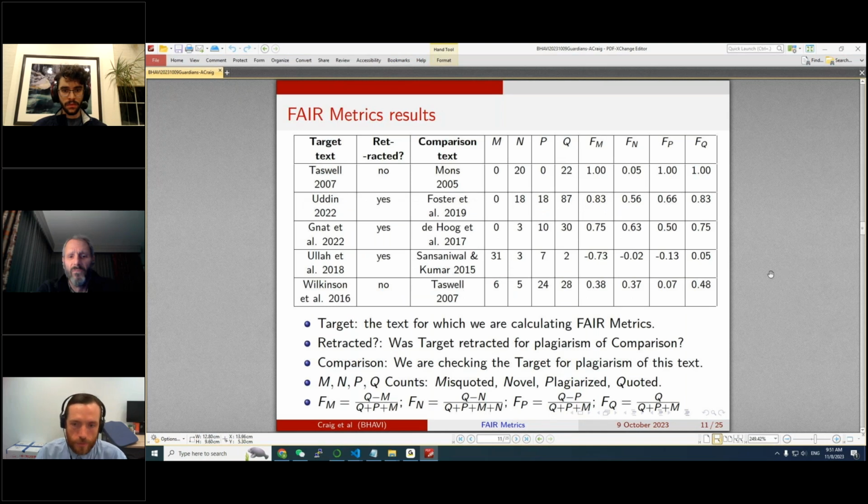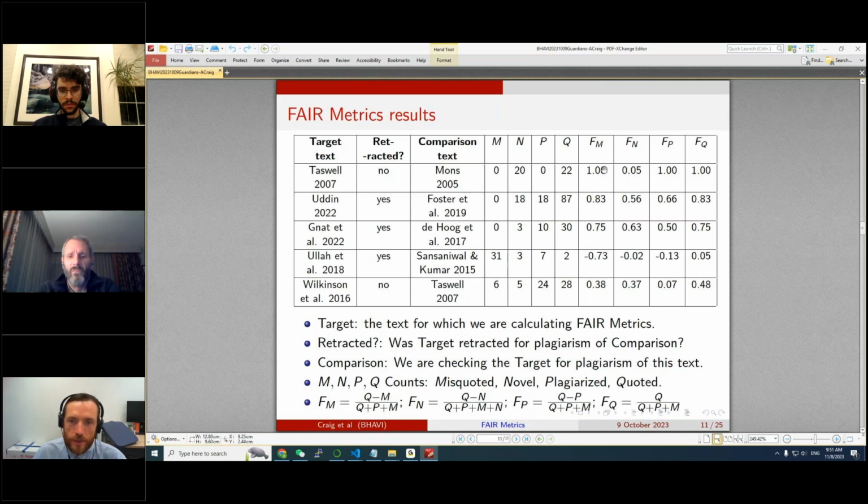So for our examples, we selected 5 papers. One of them is our control case, an example of a paper not retracted for plagiarism and not actually suspected of plagiarism. And we compared it to a roughly contemporaneous, somewhat prior work on a related subject, and showed that we